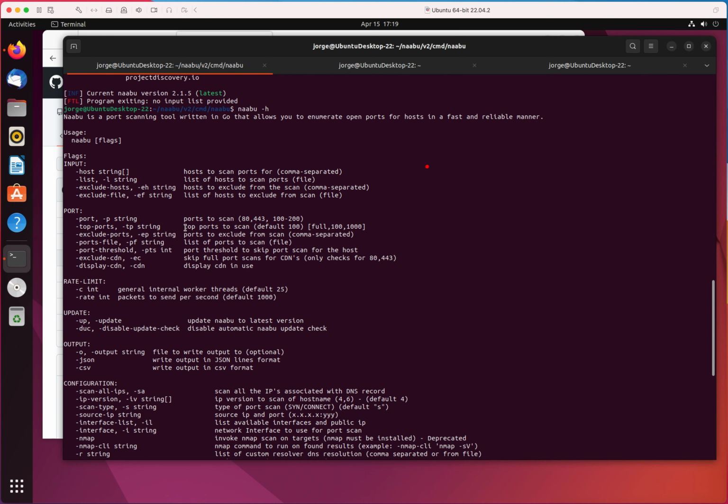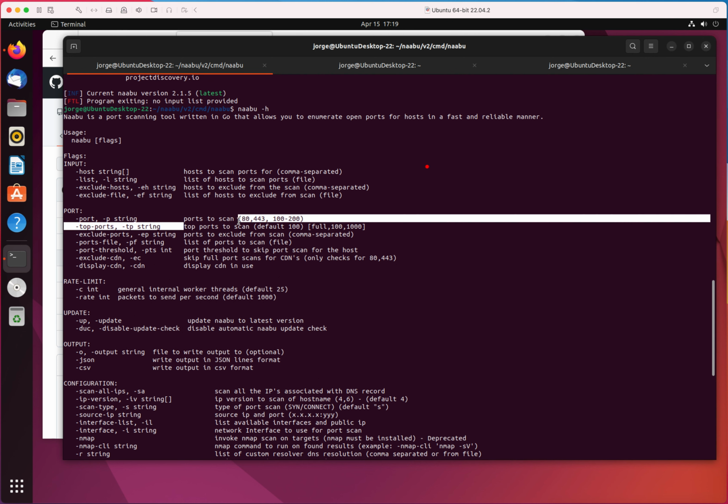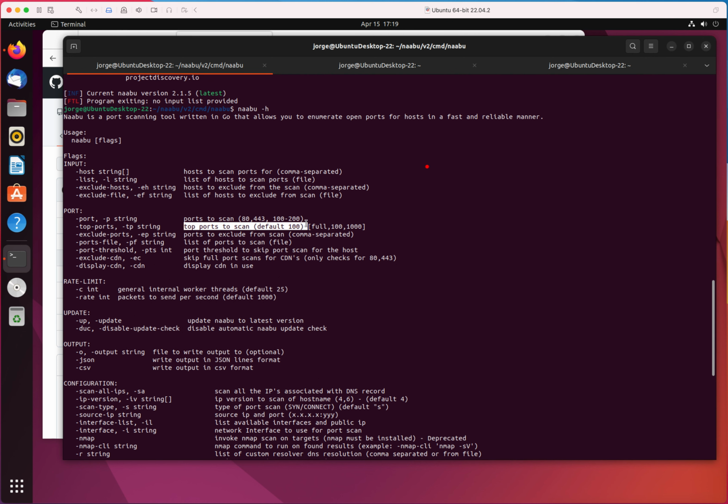So according to this documentation, it says that top ports scans the default 100 ports, or you could do 1000 ports, or if you feel like you want to scan for everything, there's a command for that too. I don't see it right here, but if you do dash p space dash,